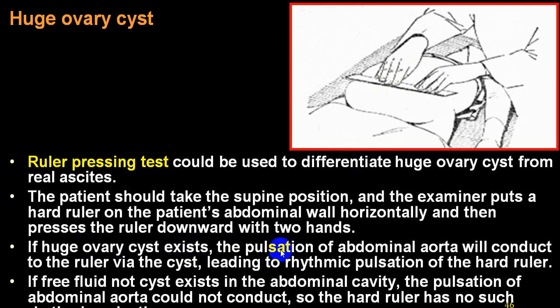If it is existing, the pulsation of the abdominal aorta will be conducted to the footrule via the cyst, leading to rhythmic pulsation of the footrule. This is one of the tests which can be done. And if there is free fluid, not a cyst, then the pulsation of the abdominal aorta cannot be conducted, so the footrule has no such rhythmic pulsation. This is one of the good techniques by which you can differentiate between ovarian cyst and free fluid in the abdomen,